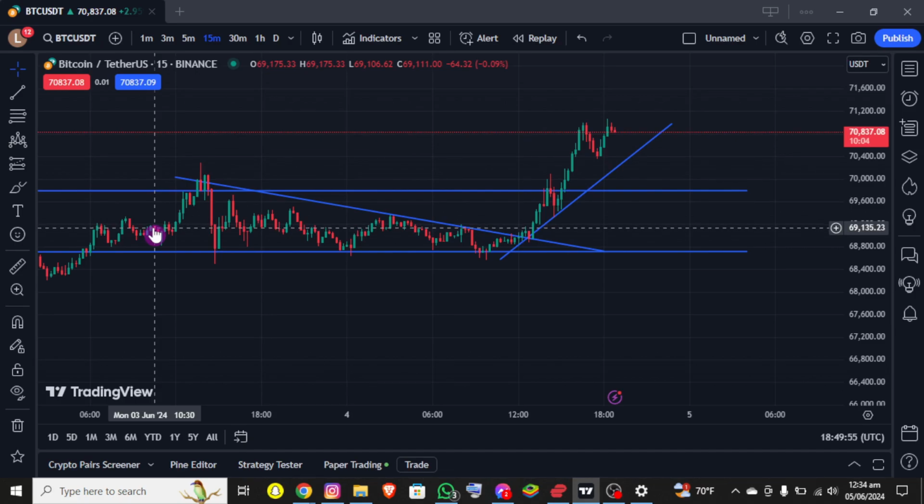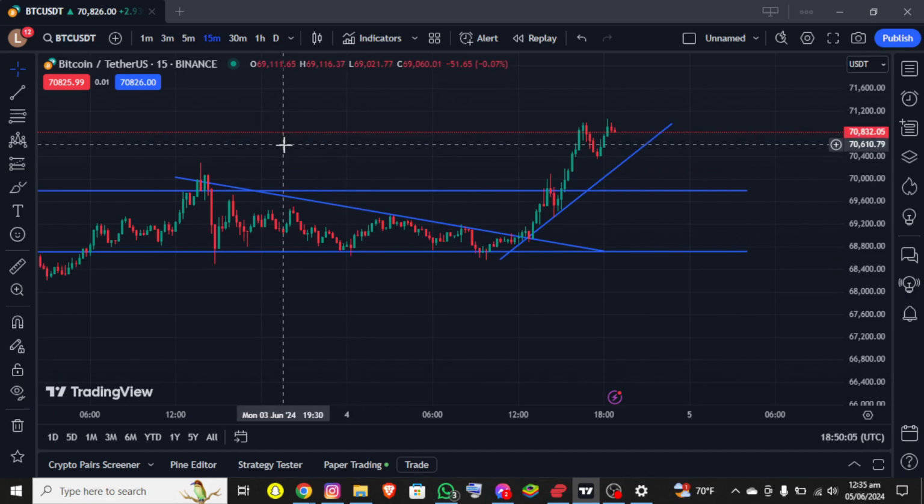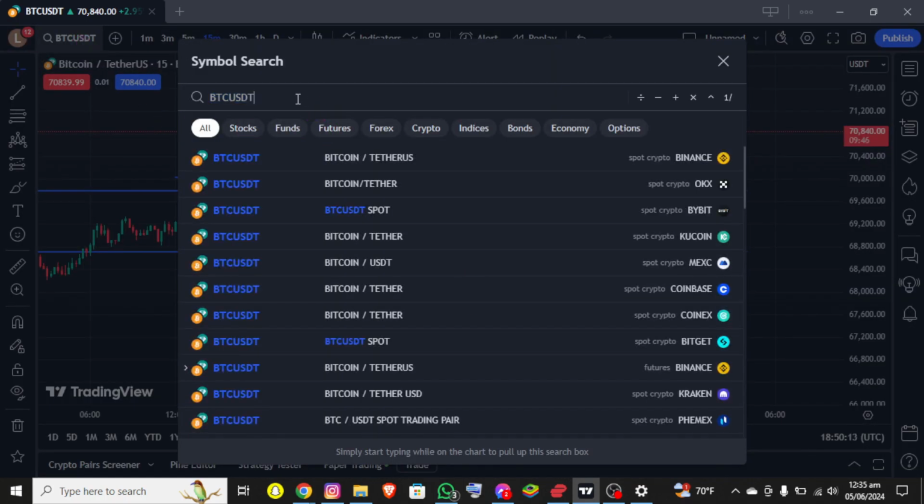First things first, I assume that you already have an account on TradingView and are already logged in. Right after that you will be able to see the interface on the screen, where you can see the chart of the BTC USDT, and right above this chart you can see the BTC USDT symbol at the top left corner. Once you click over there, another section pops out where you can search for